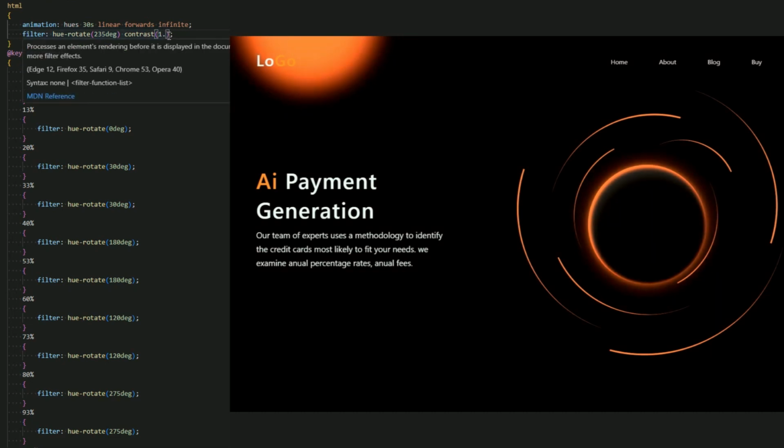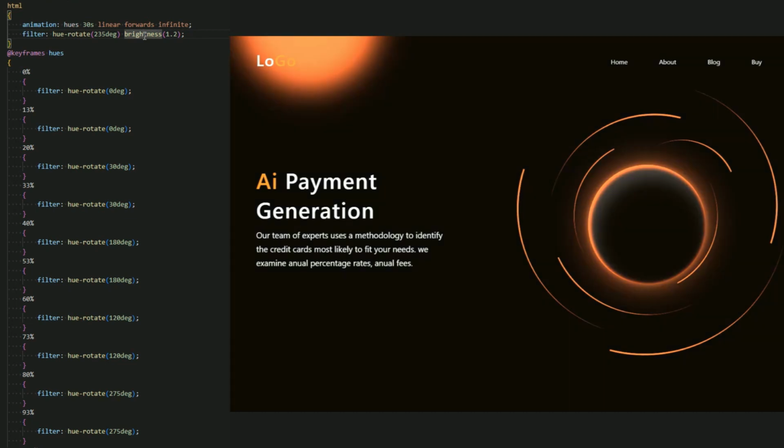Now for the light color, guys, you can add brightness, for example 1.2. Sorry, okay, I turned off the animation, and this is the brightness, as you can see in the website, that your website becomes light and more light inside. And just as I said, guys, don't add too much brightness because the text becomes crushed, as you can see in the website right now. Let me add it to show you what I mean by that.